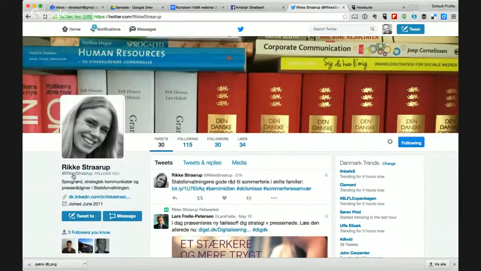And what I quite like here, she has a short Twitter handle. Be careful not to choose too long a Twitter handle, because when people mention you on Twitter, it's kind of a hassle to have to mention a handle that is too long and too complicated. So make sure that it's as short as possible. Also, Rikke Strårup has a Twitter handle that mimics her name, Rikke Strårup. I quite like that,